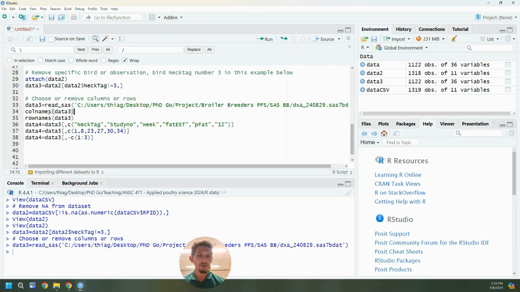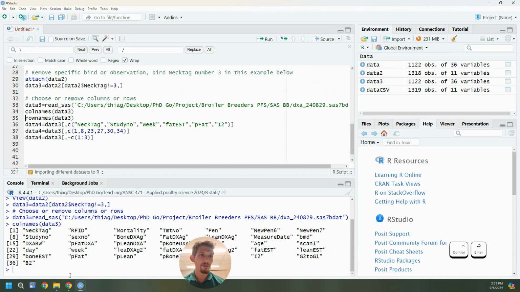I want to see all the columns from data number 3. You can see here, counting starting at 1, you have all the names of those columns. This is number 7, and then you start again at number 8 here, and here you start at 15, 22, 29, and 36. And this will be helpful later,